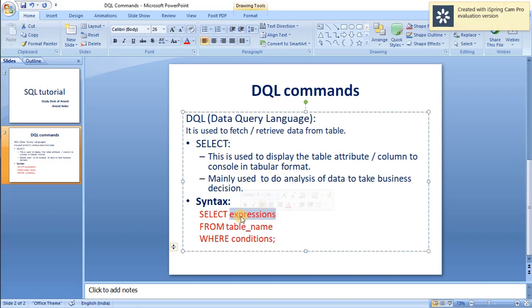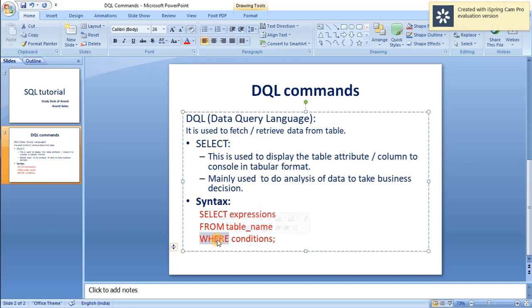Then we can separate them by comma if there are multiple columns we want to see on the console. Then the next keyword, from, decides on which table we want to see information, so we put the table name from which we want to retrieve information. The table name should be provided here, and it can be any name which is present in the database.